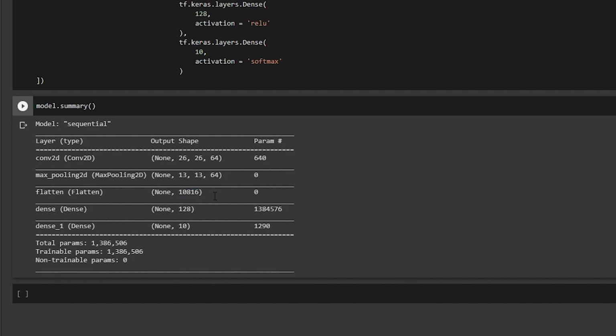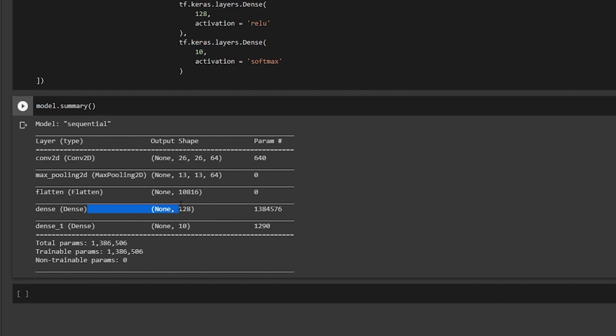After flattening I'll be having 10,816 values. 13 into 13 into 64, that is the equation. No parameters are actually learned here. How do I really get these parameters? We are going to cover this in the next tutorial, because I don't want to bombard you with a lot of math.